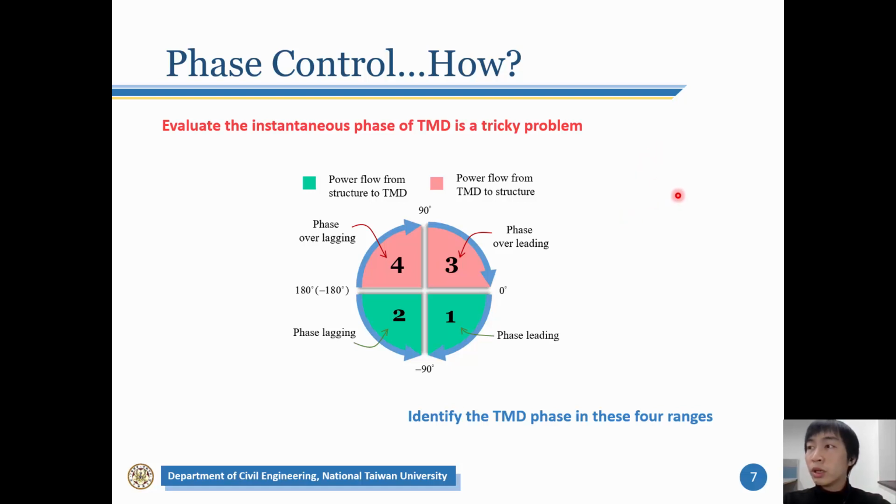So in this research, we try not to evaluate the tuned mass damper instantaneous phase. Instead, we use the measurement signals to identify the tuned mass damper phase in one of these 4 ranges. For each range, we develop a strategy to control the tuned mass damper phase back to the 19 degrees lag